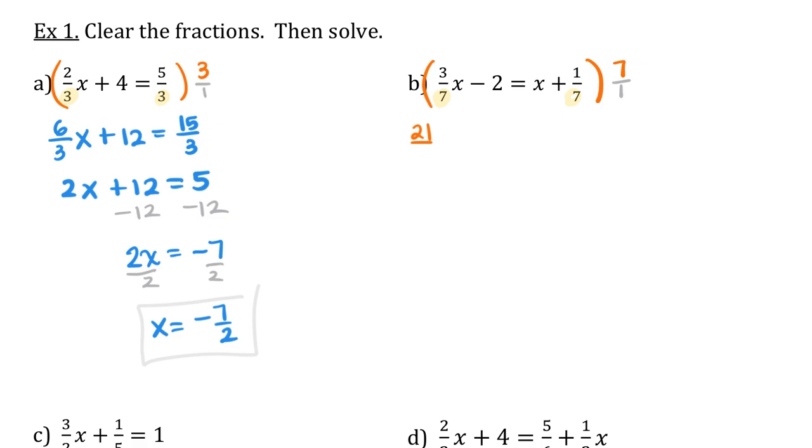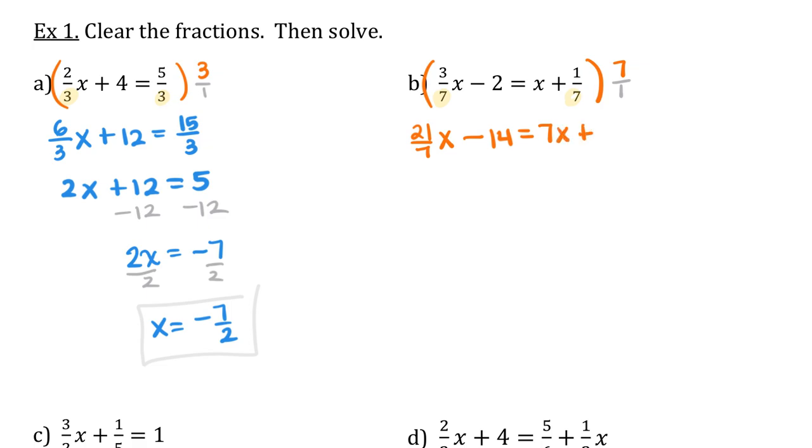Over. At the bottom, 7 times 1 is 7. And then make sure you bring down the x. Bring down the minus sign. Okay, 2 times 7, 14, equals x times 7, 7x,